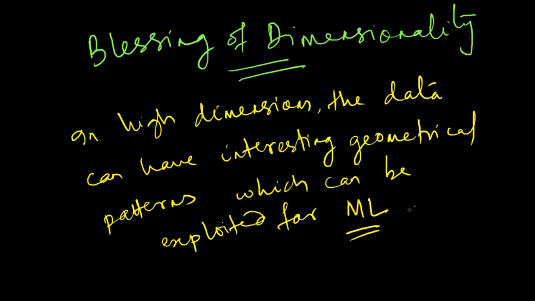One of the reasons why dimensionality becomes a curse is because usual data sets have a lot of noise in them. But if your data set has very little noise and very high signal, so the signal to noise ratio is very high, even then dimensionality can sometimes be a boon or a blessing instead of being a curse. So in this video we discussed some issues and some aspects of supervised machine learning.